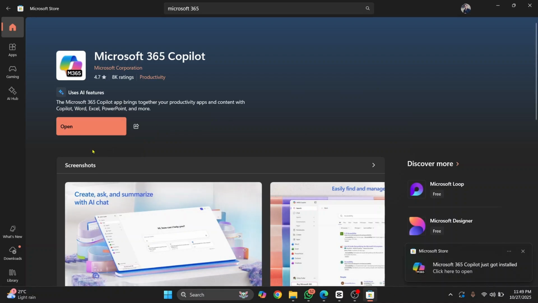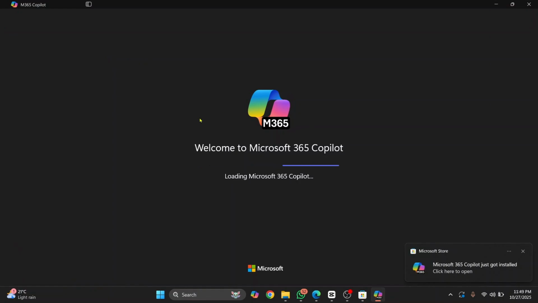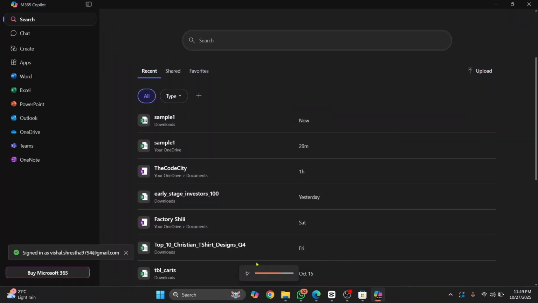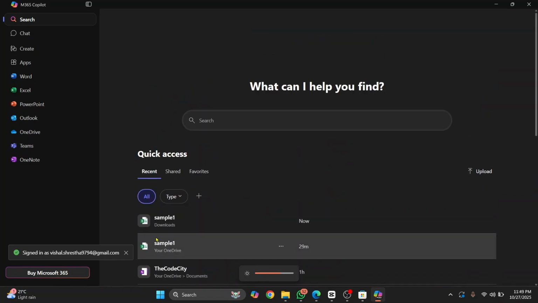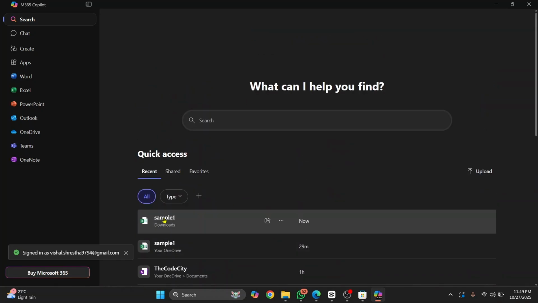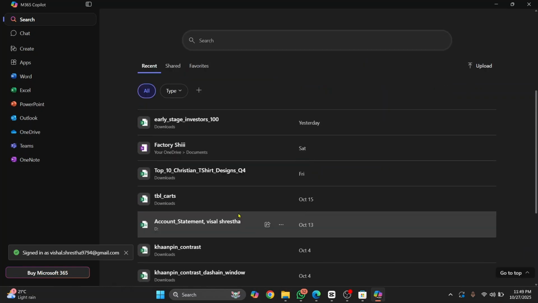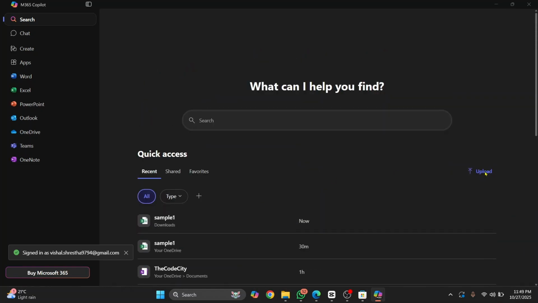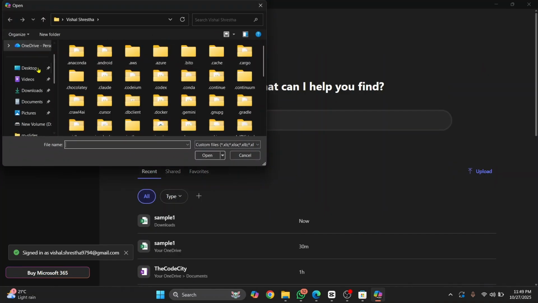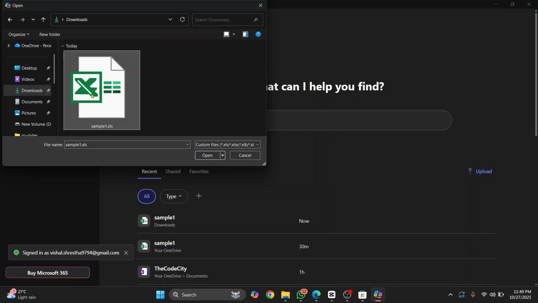So once the installation is complete, you can just click on open and Microsoft Office 365 Copilot will open. And once this is open, it will show your recent files here. So as you can see, you have recent files here inside downloads. Now you can just click on this and it will open. Or if you don't see your file here, what you can do is just click on upload and go to wherever your file is. In my case, it's in download, and I'll just browse to it and just double click